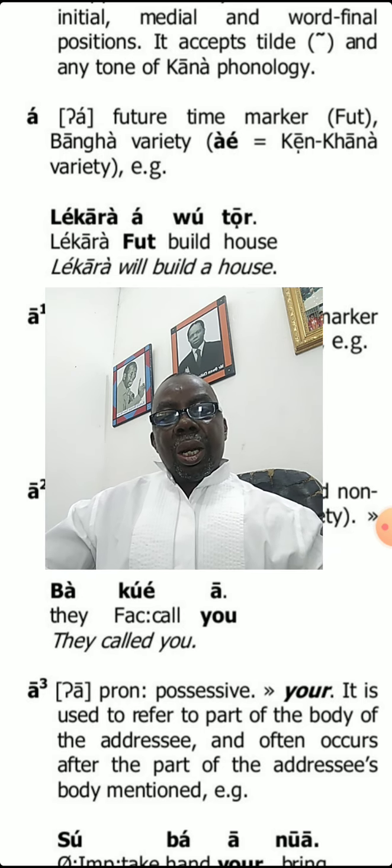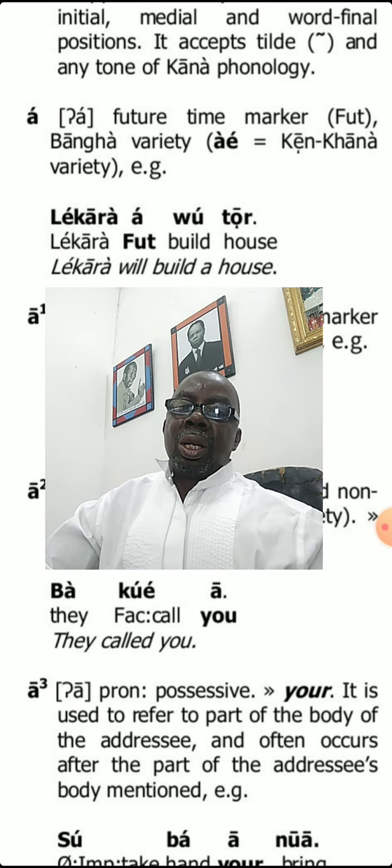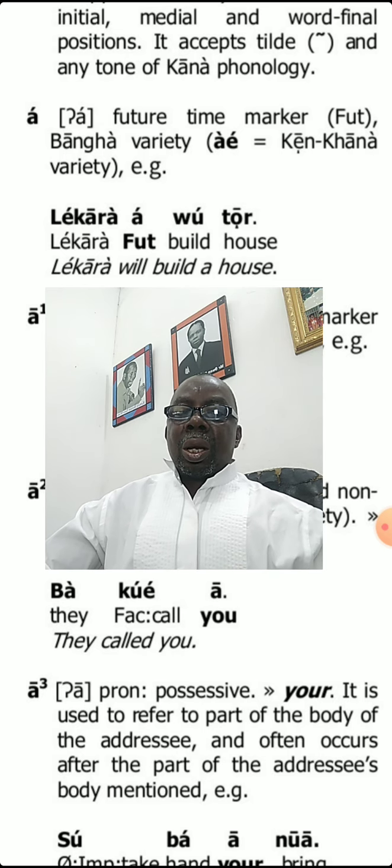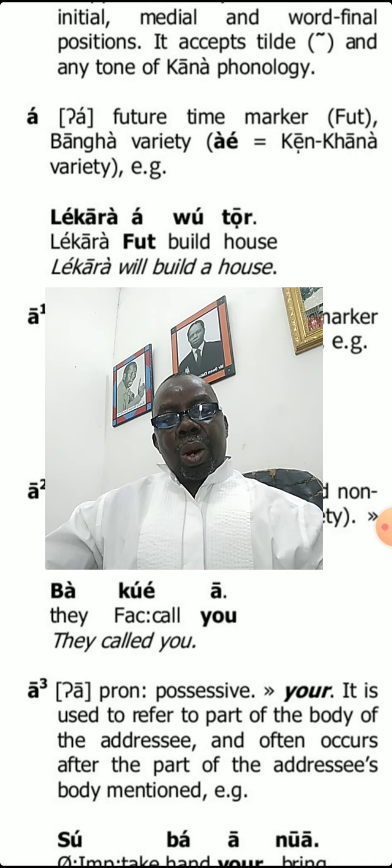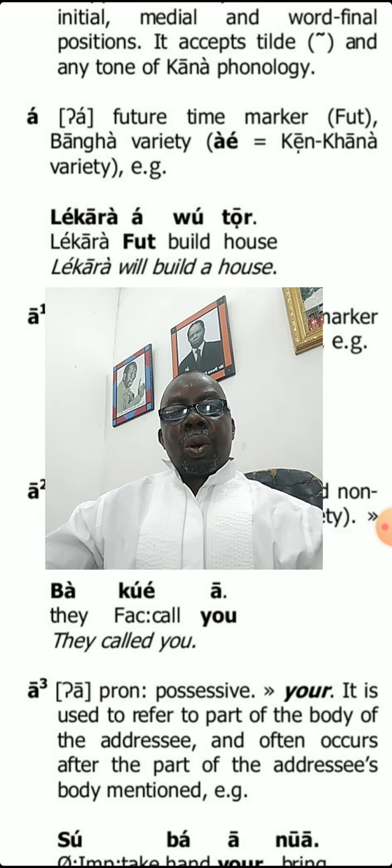And so in English, for example, you have the tense markers including s and ed. When you add ed to a word in English, you attach ed to a word. For example, you have the word kill and you attach ed to it, it becomes killed. In that case, the word killed operates in past tense form.